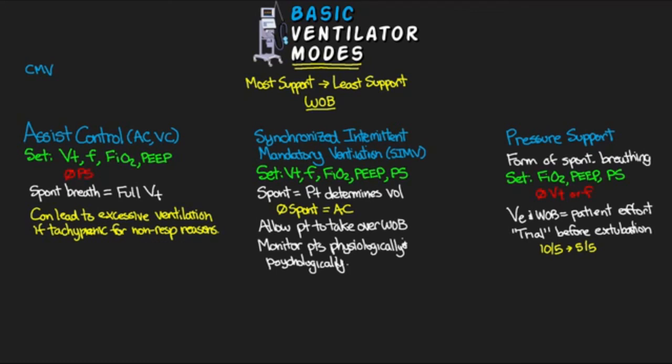You can see that we're looking at some of the same settings. We're functioning very similar in terms of volumes that are being delivered. But where some of the key differences come in is how we handle a patient's spontaneous breath, from CMV or control ventilation, where we pretty much don't acknowledge that at all, down through recognizing those breaths but giving the full breath in the AC, to SIMV, where the patient will determine the size of their breath, all the way down